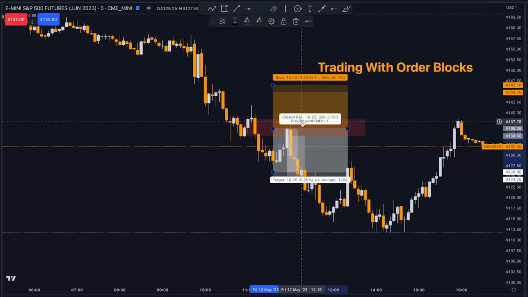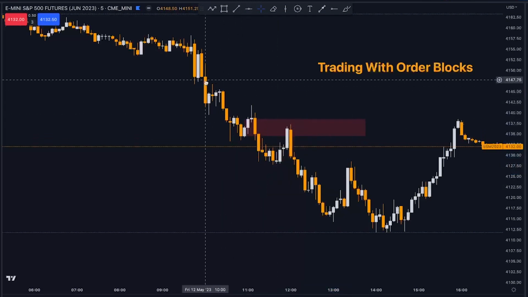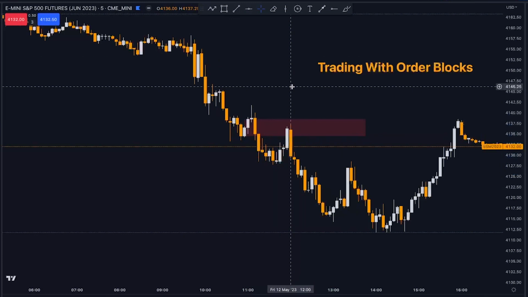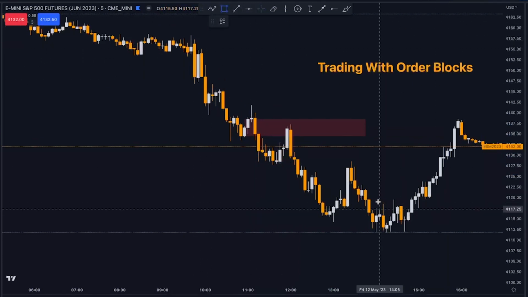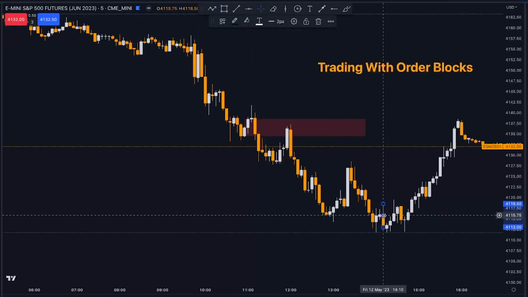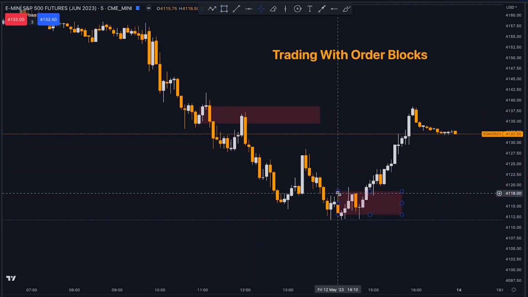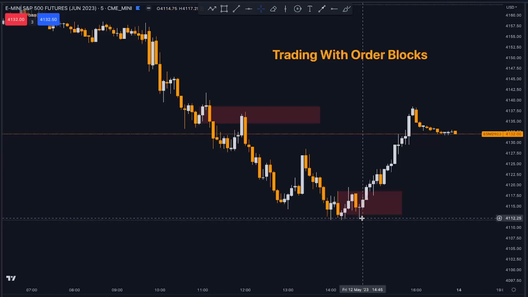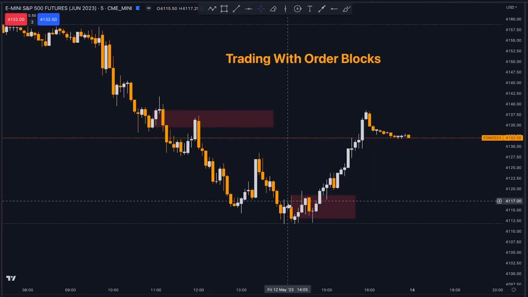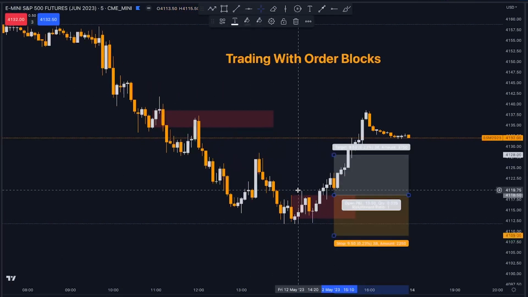But this order block is a little bit different because you only mark out the bodies. If you have an order block like this one or this one down below, if it's just one candle, you should mark out the wick and the body, but not the opposite wick. And if this is your order block, your entry should be on longs at the top,